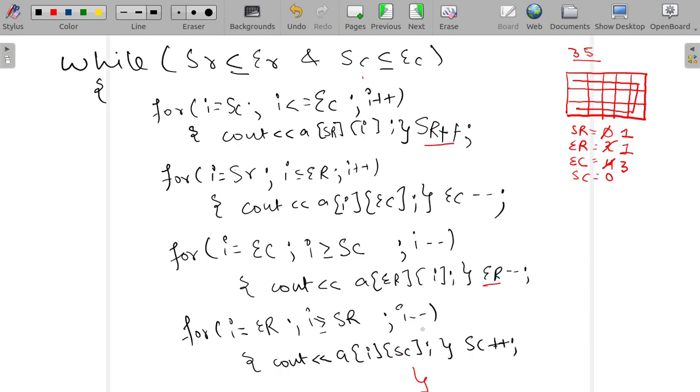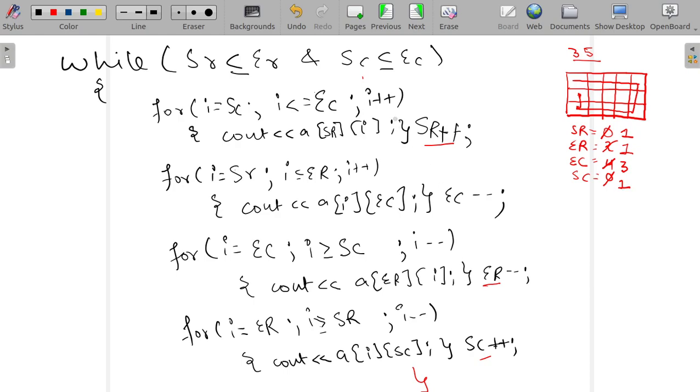In the last loop we will print till here. This was already printed, we will print this only, and the value of start column will get incremented to 1.